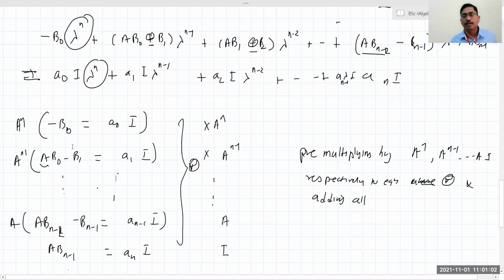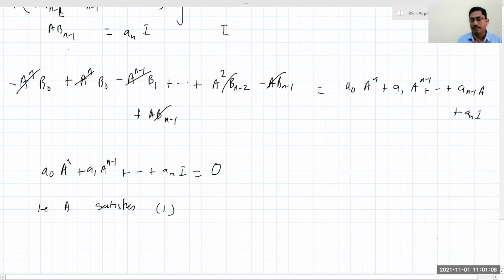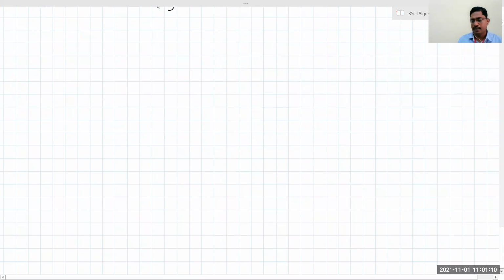Now, if A is an invertible matrix, you might have seen the methods to compute the inverse of a matrix by elementary operations, the adjoint method, and this is another method. But the thing is that the matrix should be invertible. Determinant of that matrix has to be non-zero. Then and only then this can be applied. So I will write a remark on this. If A is non-singular, how to calculate the inverse, that I am going to mention here.